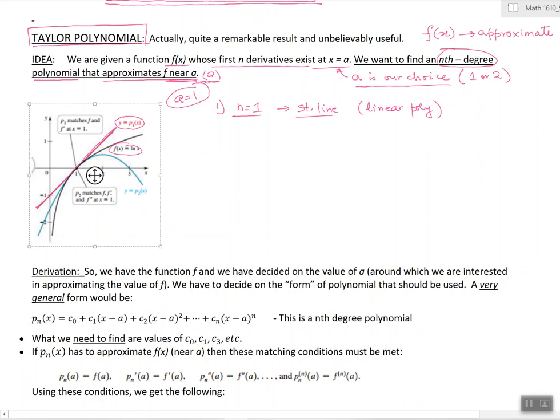But if we move away from 1, so suppose you're here, then the error is quite a bit, because the black line is the log and the red one is the linear straight line. So you think that maybe I can improve it